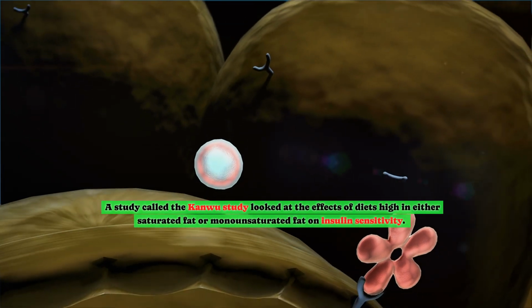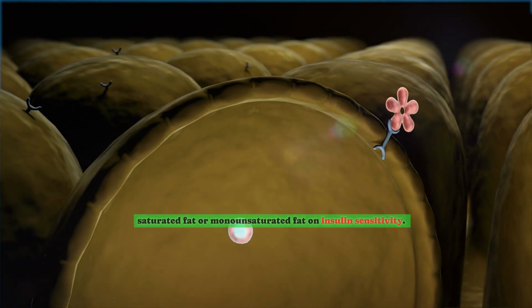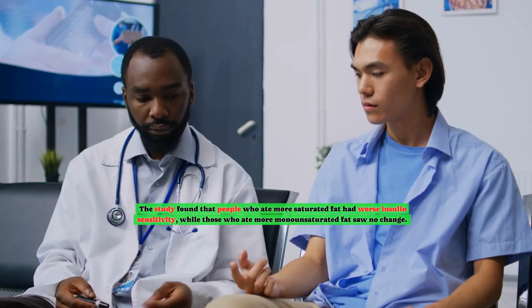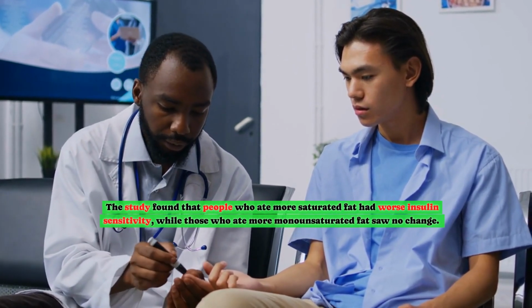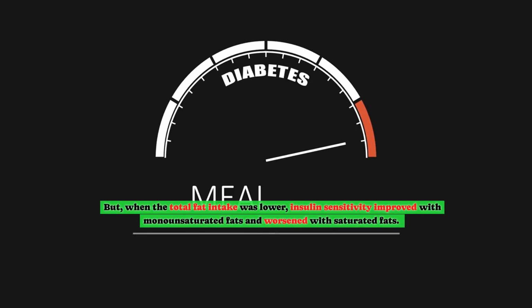A study called the Kanwu study looked at the effects of diets high in either saturated fat or monounsaturated fat on insulin sensitivity. Insulin sensitivity is important because it affects how our bodies use sugar. The study found that people who ate more saturated fat had worse insulin sensitivity, while those who ate more monounsaturated fat saw no change. But, when the total fat intake was lower, insulin sensitivity improved with monounsaturated fats and worsened